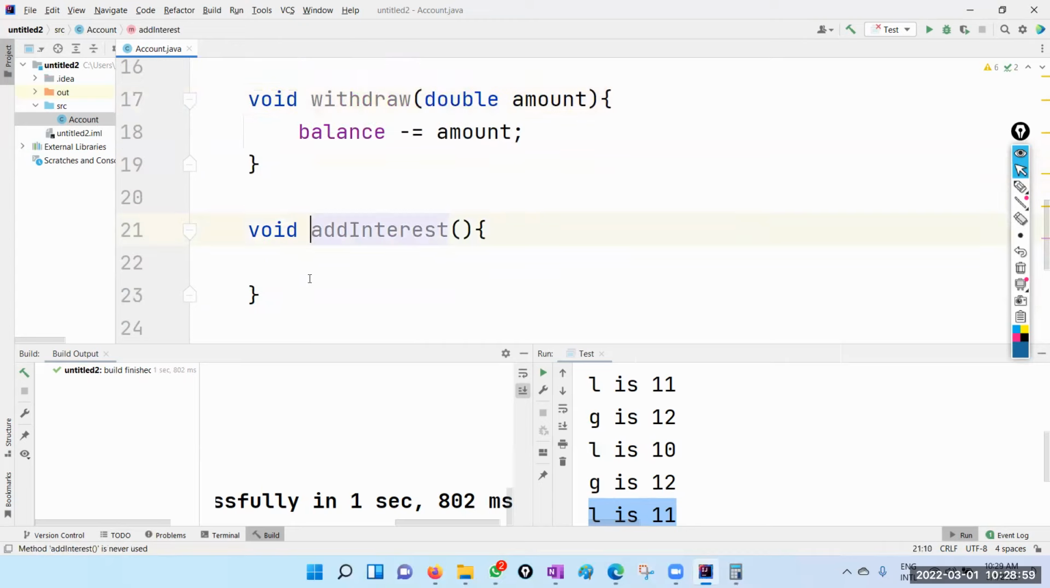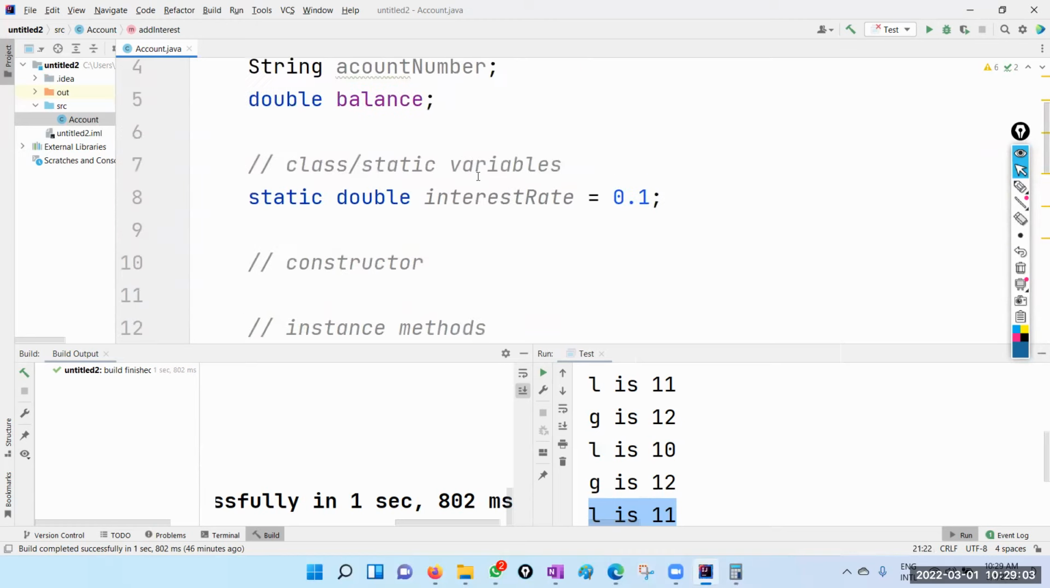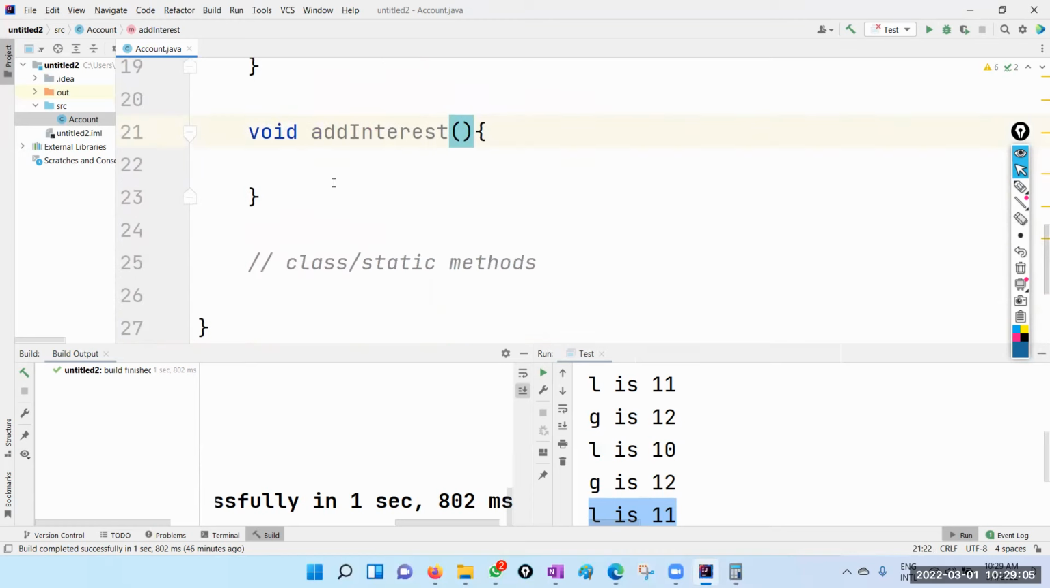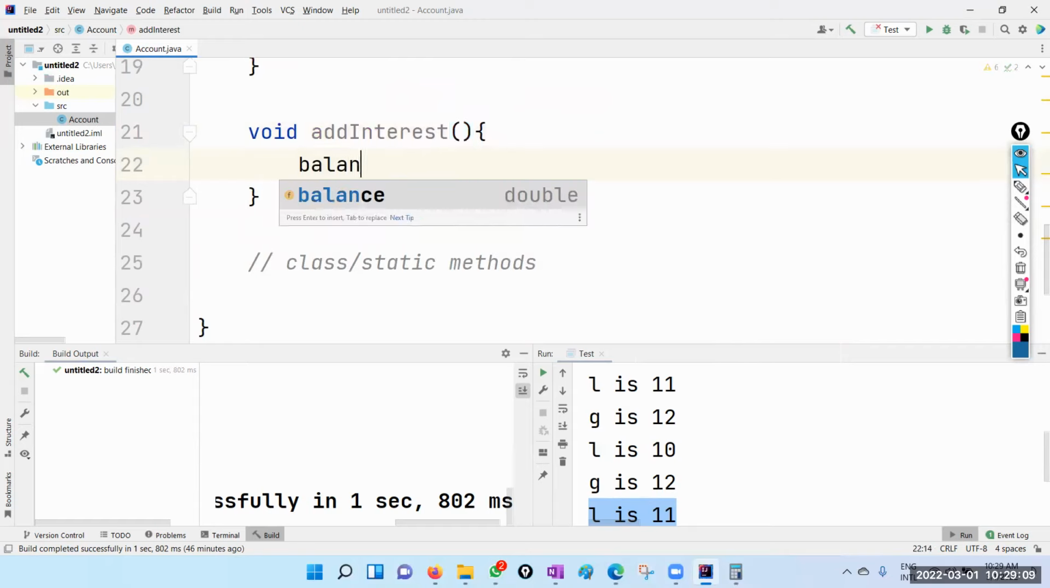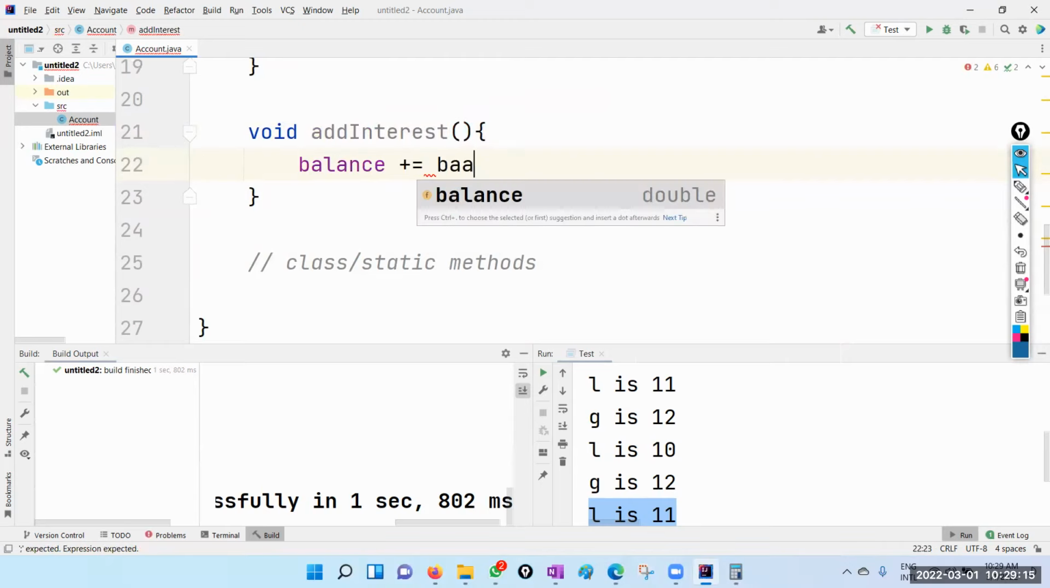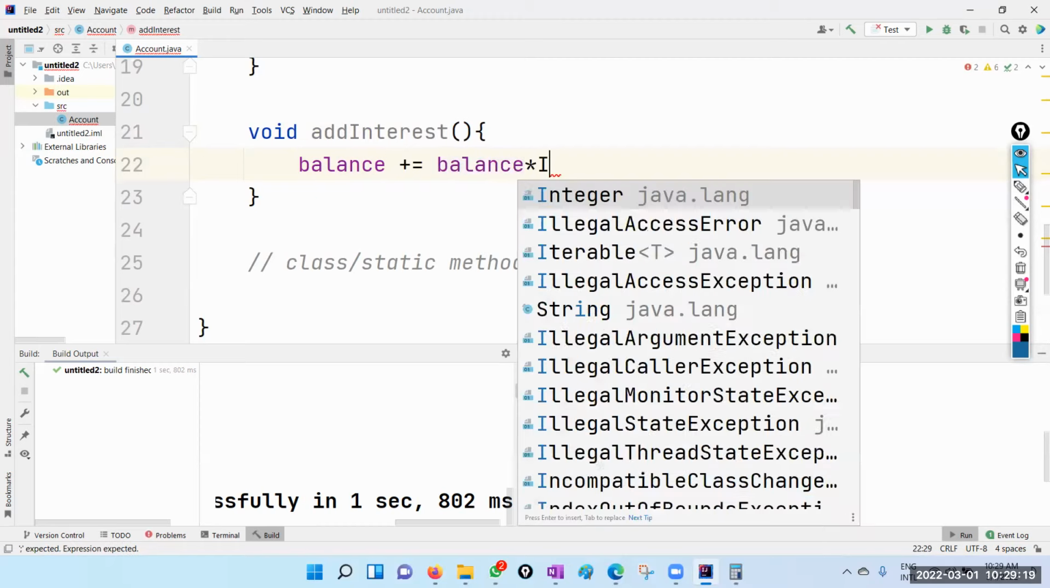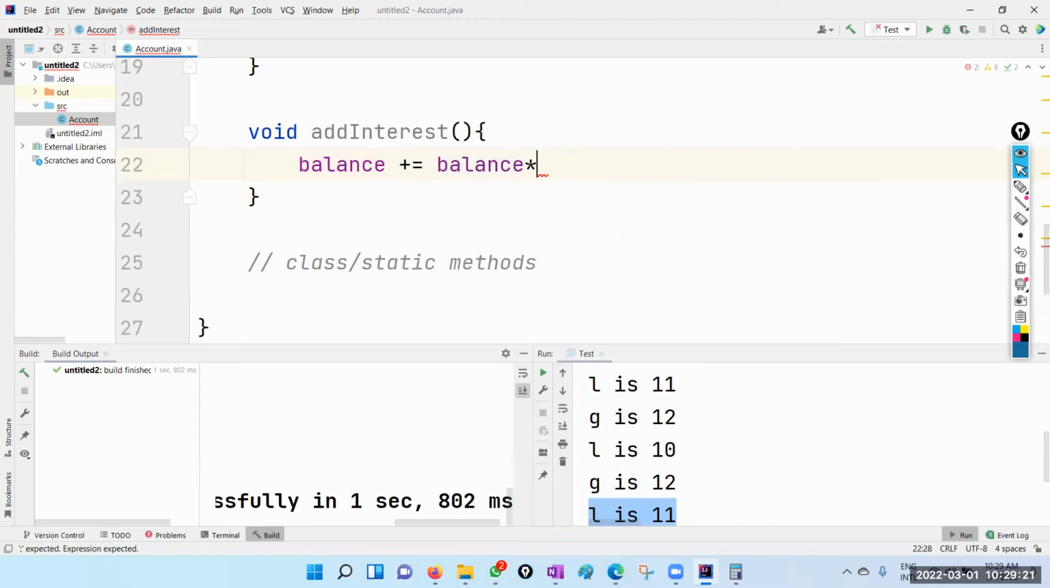Add interest. Okay, I don't need a parameter now because I know the interest rate. I know the balance, right? So therefore it is balance plus equal balance into interest rate. Again, I am referring to balance. So therefore, I can't mark it